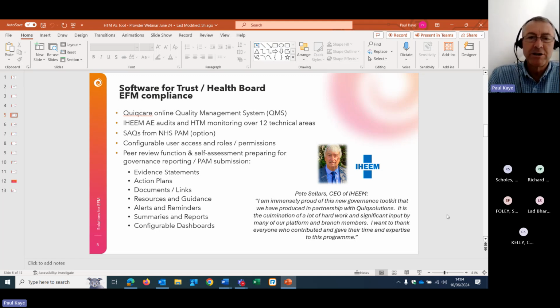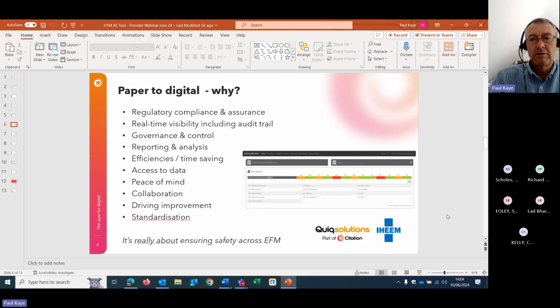We think of ourselves as the spreadsheet killers, which is perhaps something that's very relevant as far as PAM is concerned, where to complete a spreadsheet for a trust is quite an onerous task, especially if you are moving it around lots of people who can't all access it at the same time. So we have a more elegant solution, but I'd just ask that you think of it with an open mind, because it's something that could be configured for any quality standards across an NHS trust.